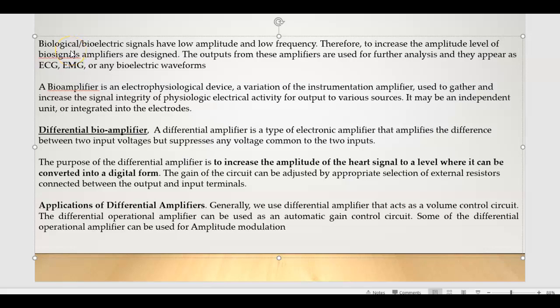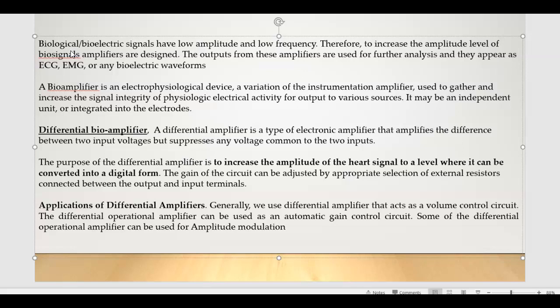Bioamplifier. Bioelectric signals have low amplitude and low frequency. Therefore, to increase the amplitude level of biosignals, amplifiers are designed. The output from these amplifiers is used for further analysis and will appear as ECG, EMG or any other